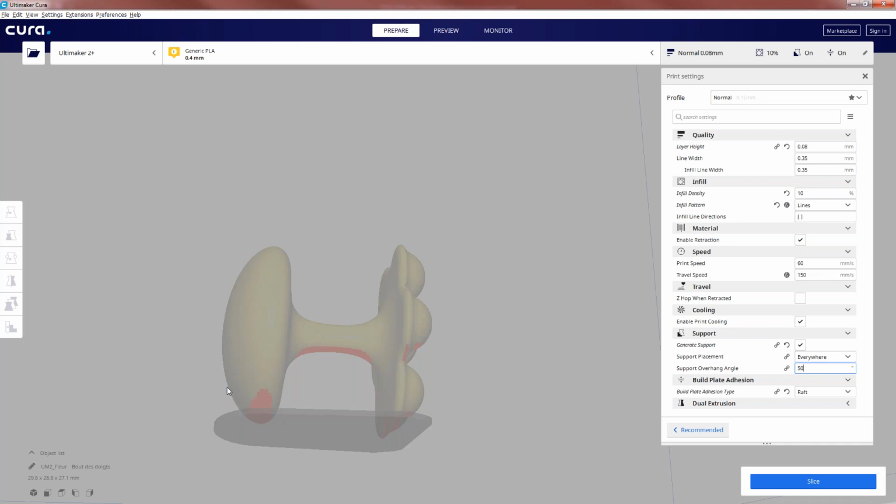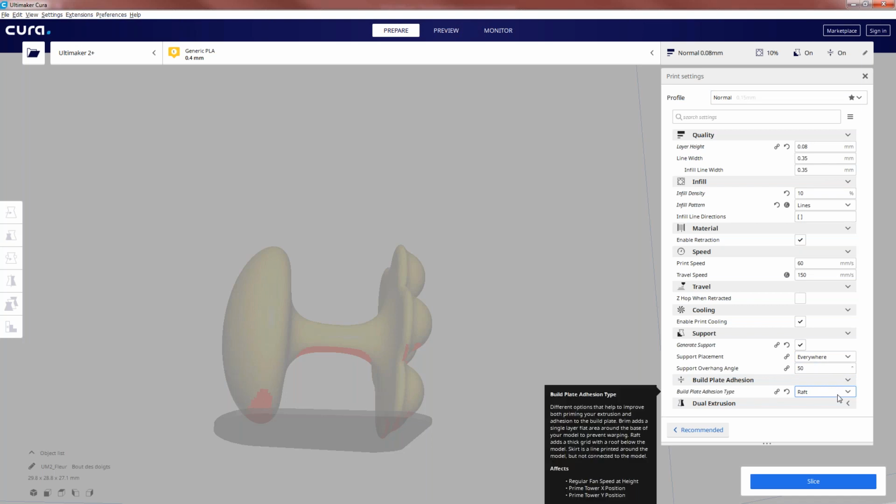So some overhang is possible with inclination, and it can print the part in steps. That is the overhang angle, along with build plate adhesion and raft or brim.